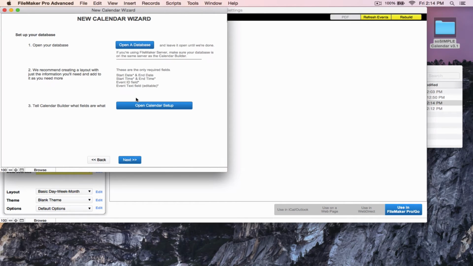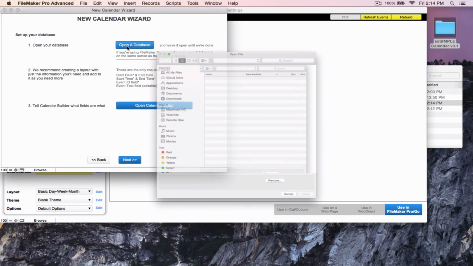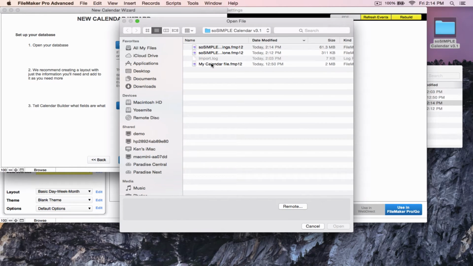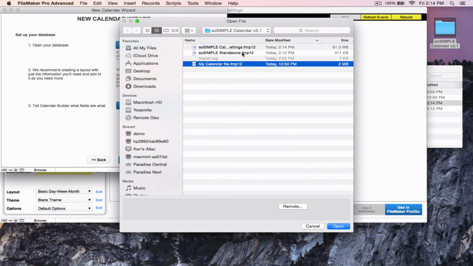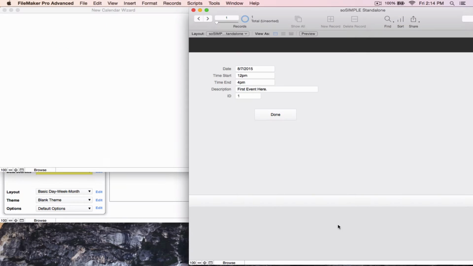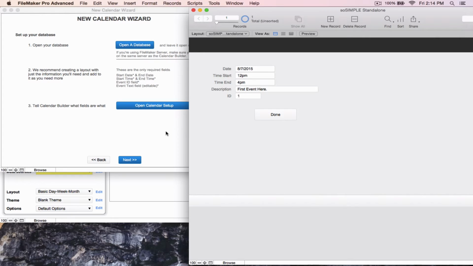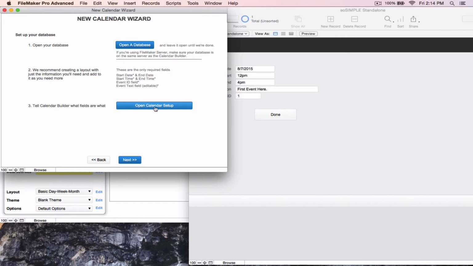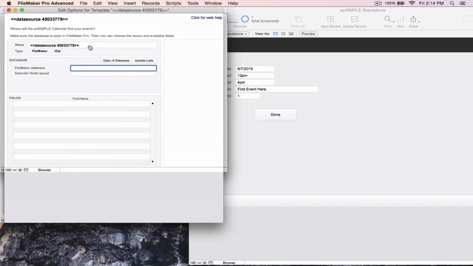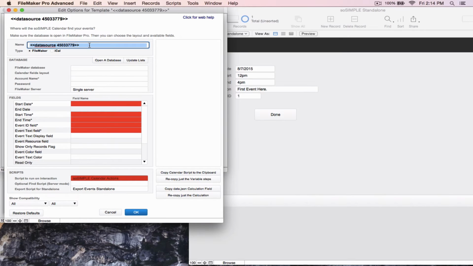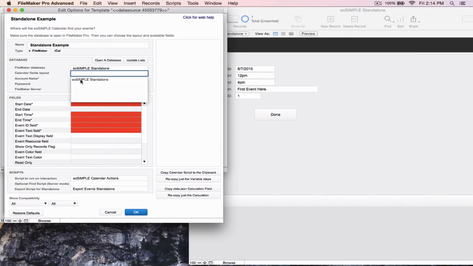The first thing it asks us to do is open up the database, and this is so that we can find the fields that we need to include in our data source setup. So we're going to open up soSIMPLE Standalone, the file we just created, and there it is. And we're going to open up the calendar setup. Name it something friendly, and start selecting information. So the database we're choosing, this is the name of the layout we're choosing,